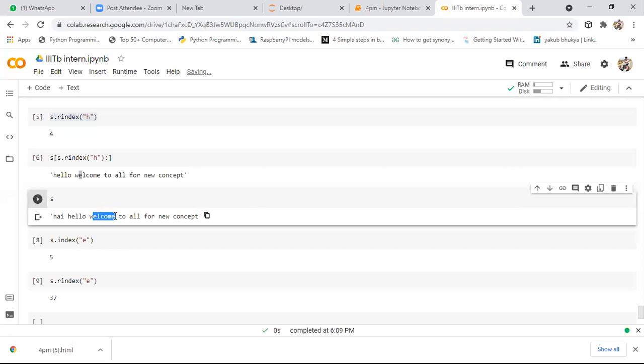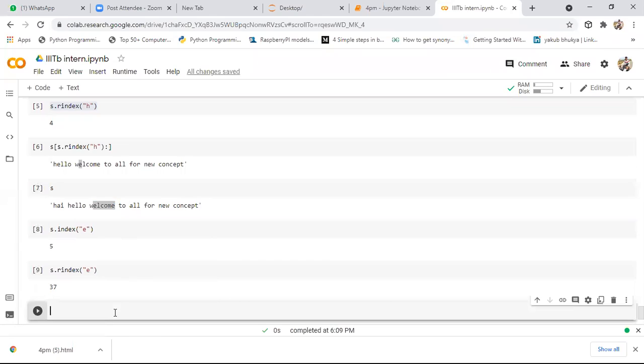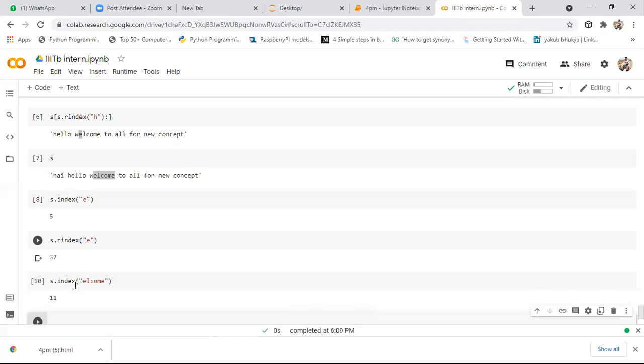So for that, in such cases, if the character is repeated multiple times, we simply need to say index of, and specify that specific word. Here I want to know the index of this specific word. If you want to know the index of a specific word, it will give the index of the first character present in this word.